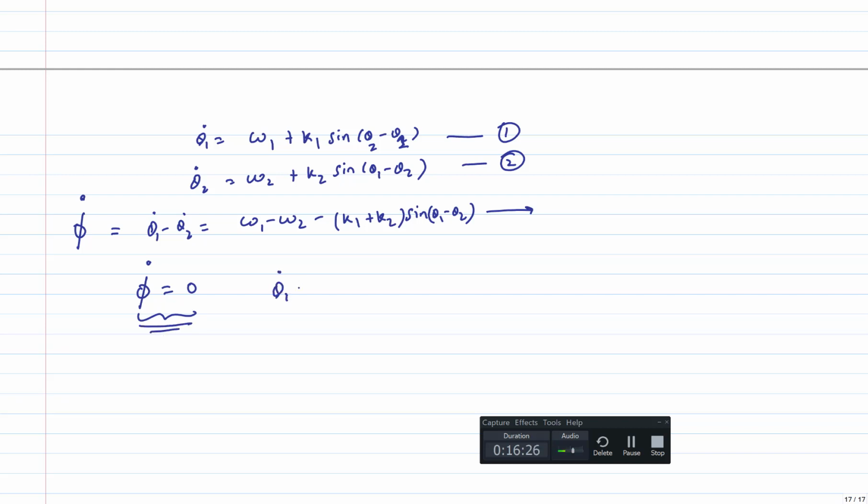That means theta 1 dot equals theta 2 dot, or that is when the oscillators are going in a phase locked manner, in the sense that the phase difference between the oscillators is going to be constant. So this is a phase locked solution